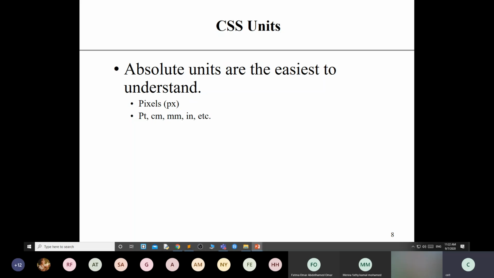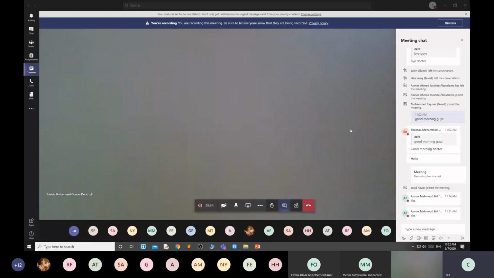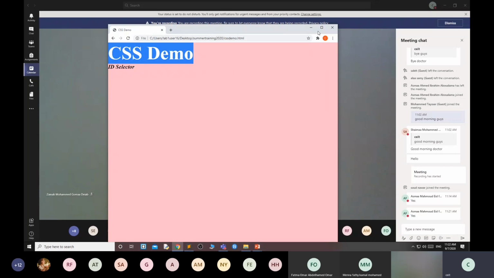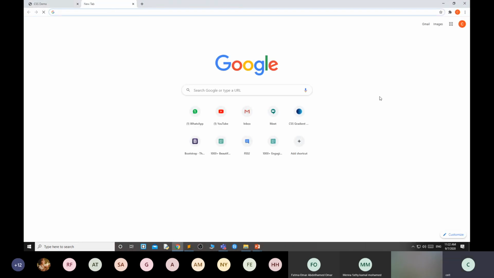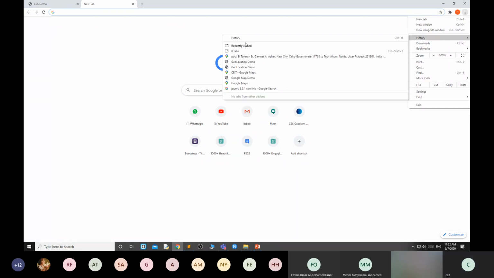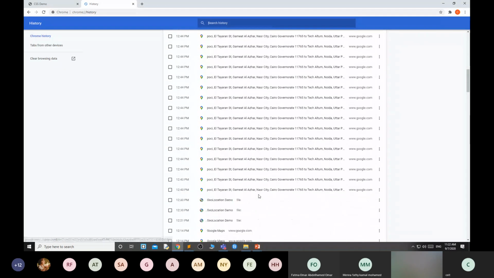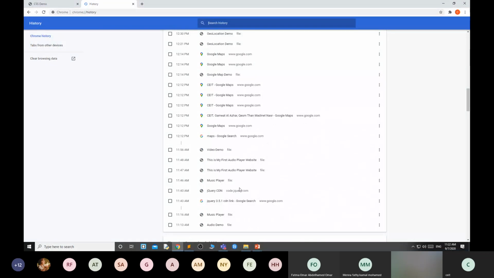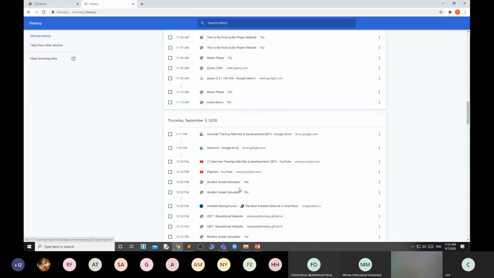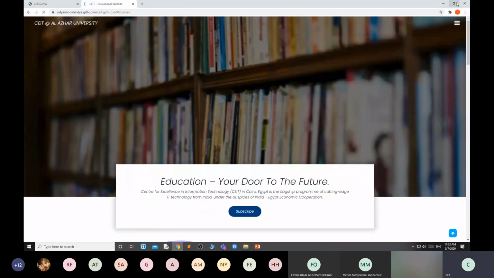Responsive means what? The element size will change based on the target device size. Like, see, this is not responsive. But if I open my website, suppose, where is my website? See, this is my website.